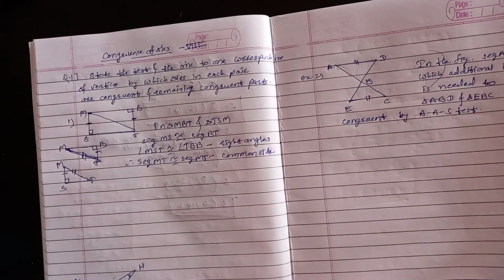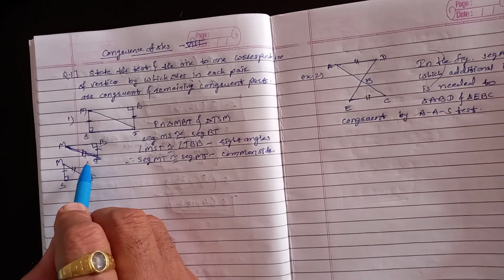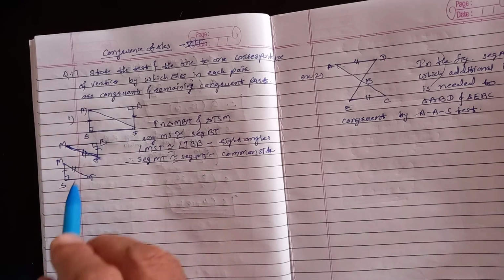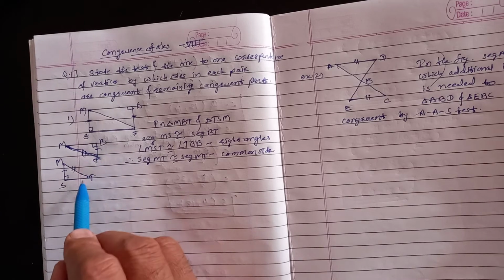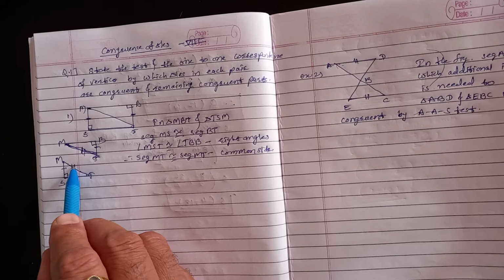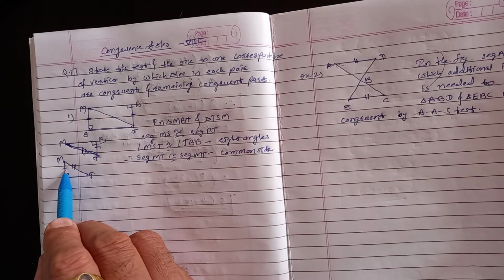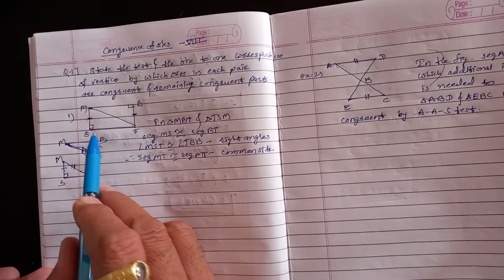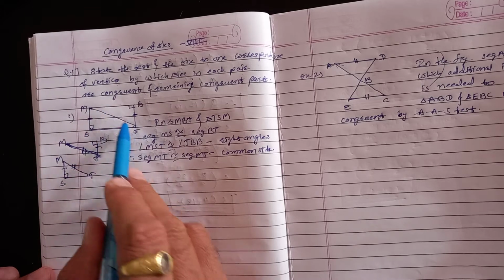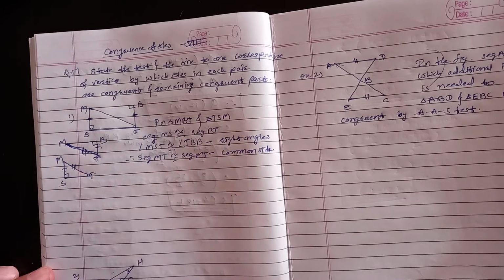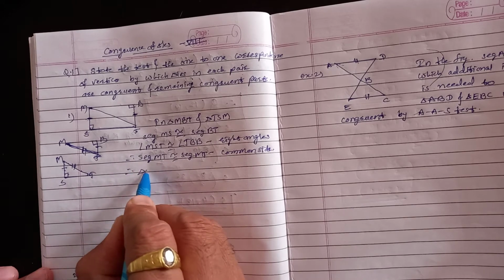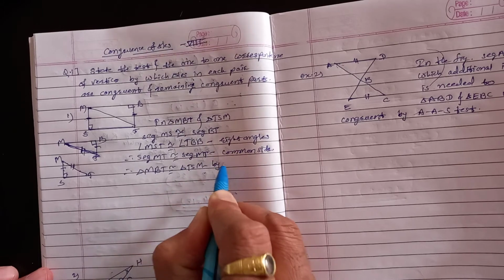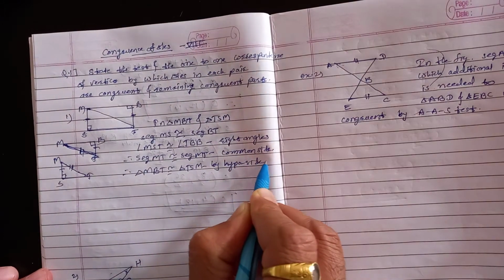This angle is given. So can we say these two triangles are congruent by SAS? Here two sides and one angle? No, because this angle is not included between these two sides. If it is the SAS test, this angle should be congruent, and this side also congruent. Then which test is here? See here, both are right angle triangles. This is the hypotenuse, and the hypotenuse is congruent. One side is congruent. So triangle MBT is congruent to triangle TSM by which test? Hypotenuse side test.